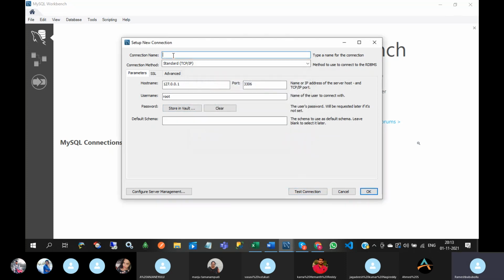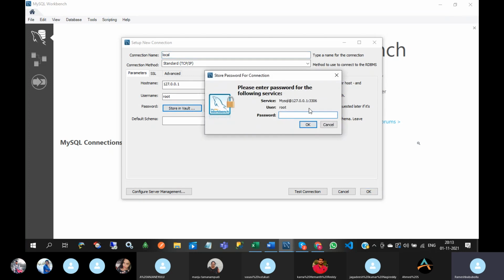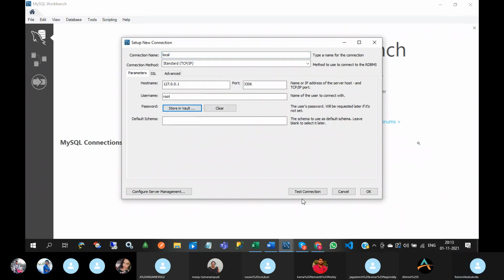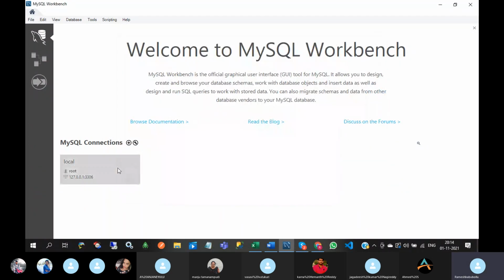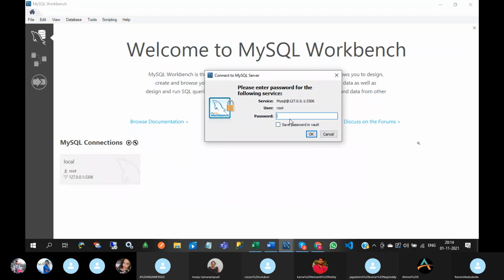If you enter the wrong password and store it in the vault, then it will not give the successfully made message like this. For localhost, it is taking the default password.